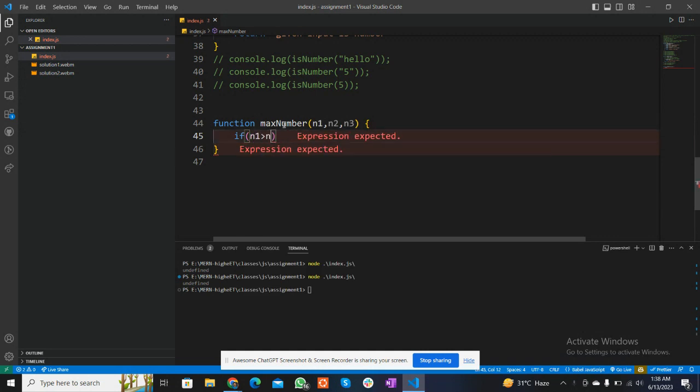n1 is greater than n2 and n2 is greater than n3, which means that n1 is the largest number. So we can write a return statement and write out n1 is the largest. If this condition fails, which means that n1 is not the largest number, then we have to check the comparison between n2 and n3